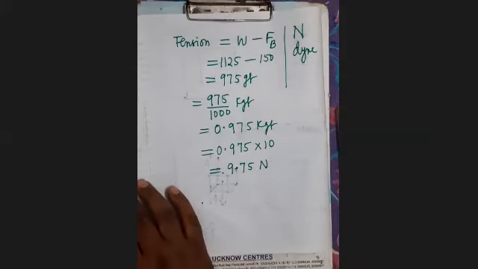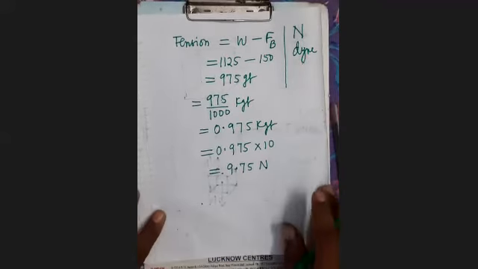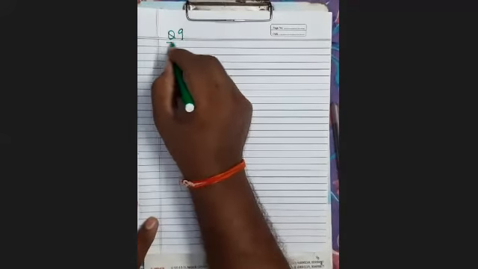So now after this, I will take one more question. So I hope that it will be clear to you. Now see here, after this, you can see the question number 9. Question number 9. You can see a block of wood is floating on water, with its dimension 50 into 50 into 50 inside water. Means how much dimension is inside water? It is 50 into 50 into 50.